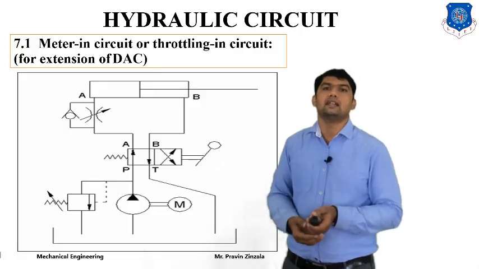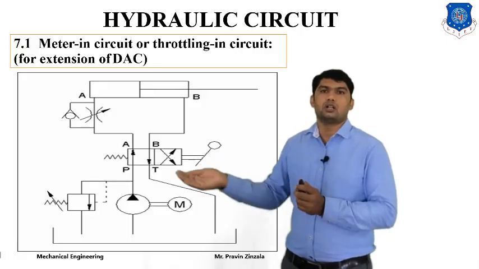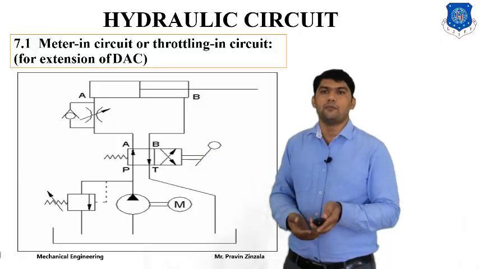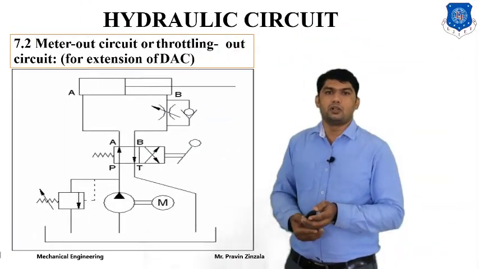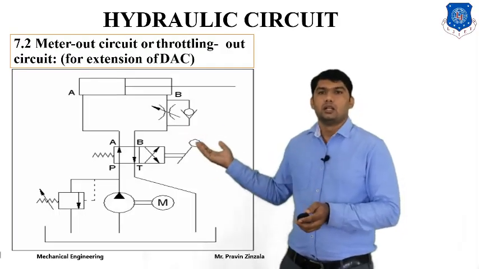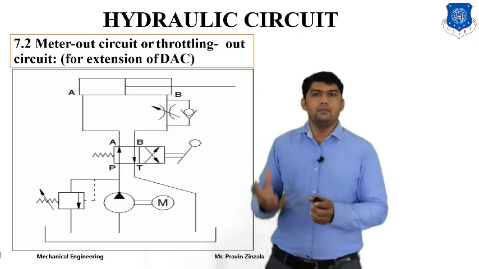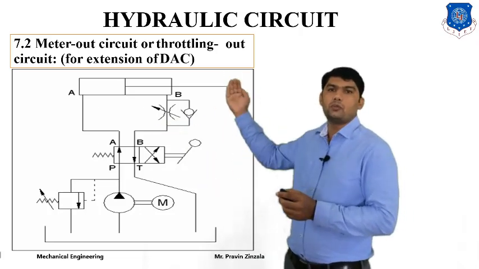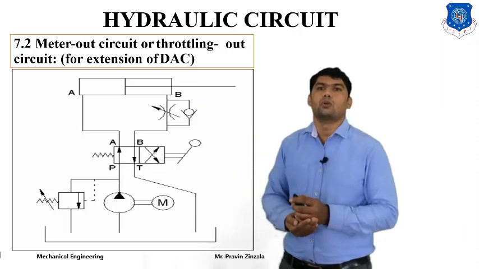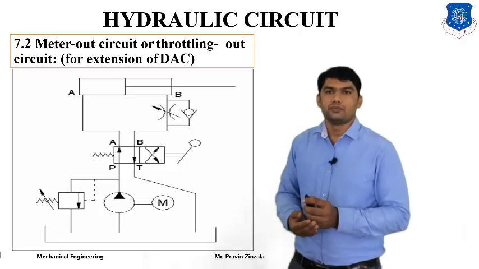for retraction of the cylinder. So we can utilize the inlet and outlet according to our requirement for extraction of a double acting cylinder. The second example of a speed control circuit is the meter out circuit, meaning flow will be controlled at the outlet of flow. So it will control the motion of the piston by utilizing the outlet fluid flow. So it is advantageous compared to the meter in circuit.